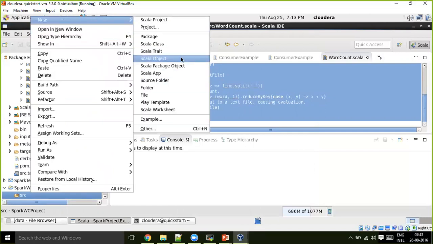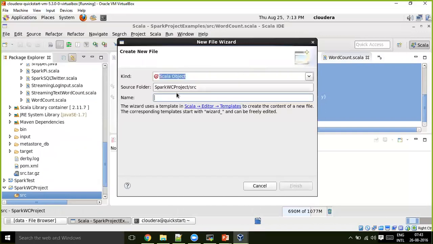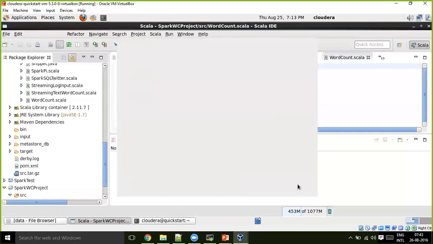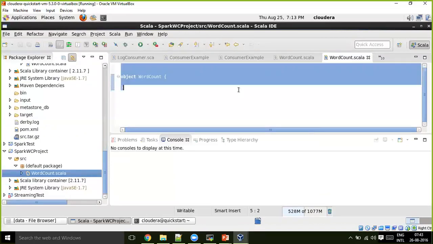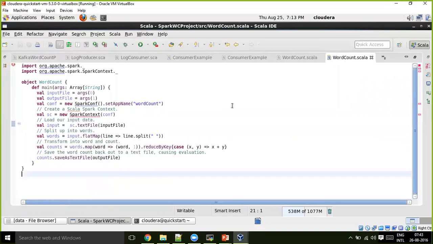Create a Scala object. Okay, so here these two got highlighted as errors.